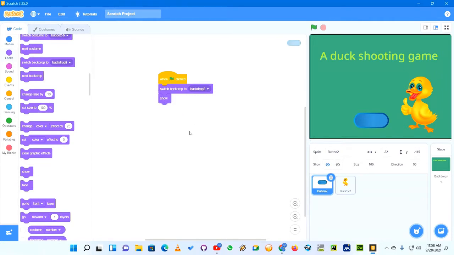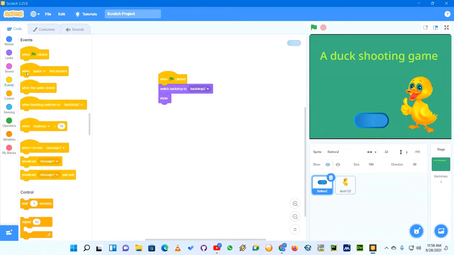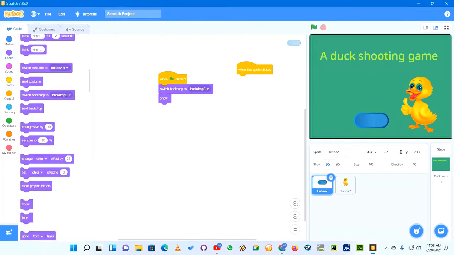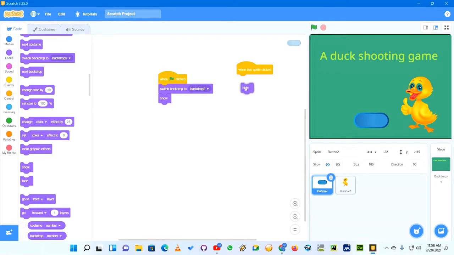Now we are going to go to the when this sprite is clicked block. That means when we press this button, what is going to happen? We are going to hide it from the viewers. We are going to hide it. Then we are going to switch backdrop